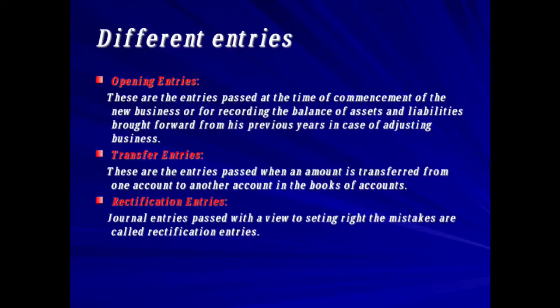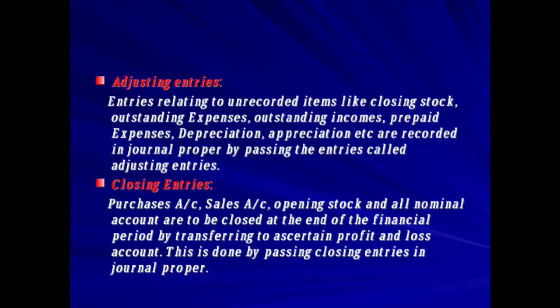Okay, then rectification entries means now if we have made any mistake while writing in a journal, to rectify that or to correct those journal entries, we will record rectification entries here. Means if we have given a wrong debit, again we will give credit entry to cancel the debit. We won't put whitener or anything to cancel the entries here. What we will do, opposite entries we will give. That we call it as rectification entries.